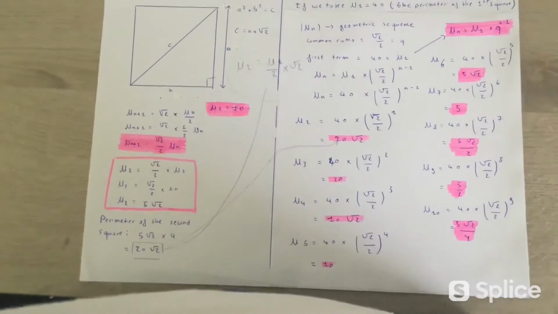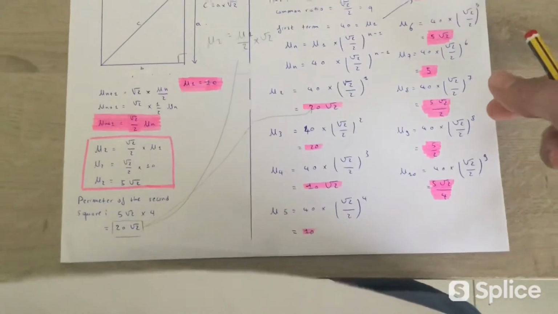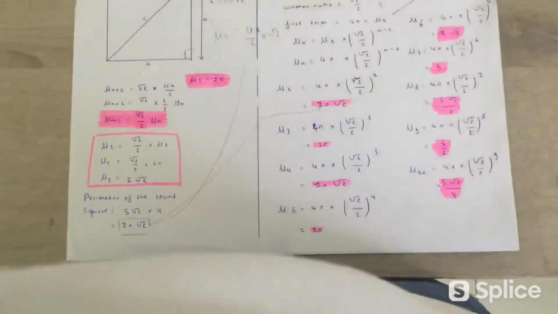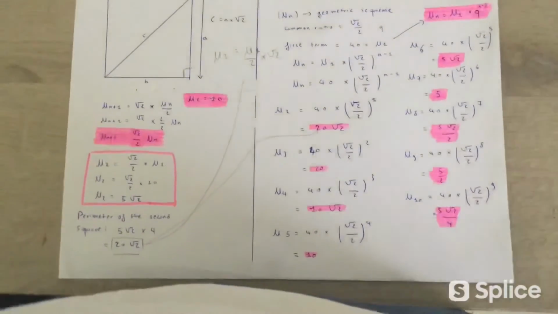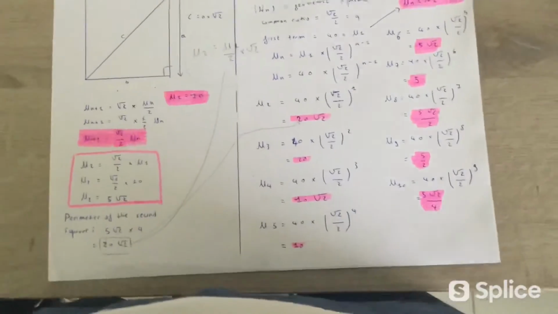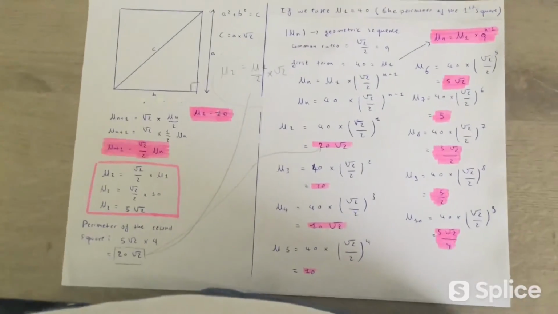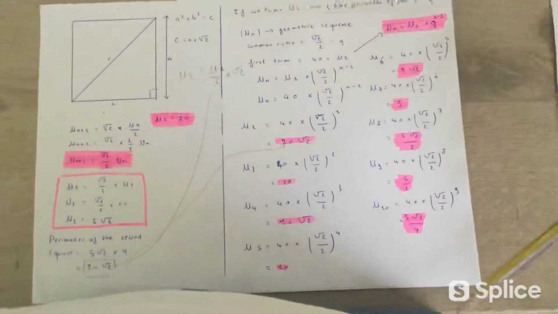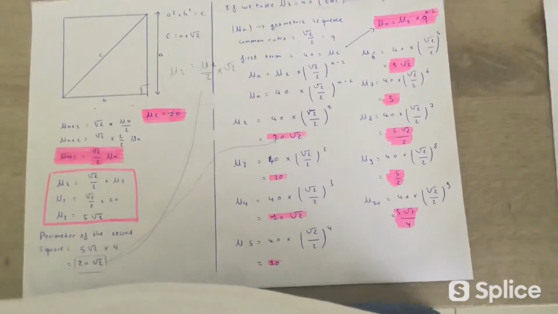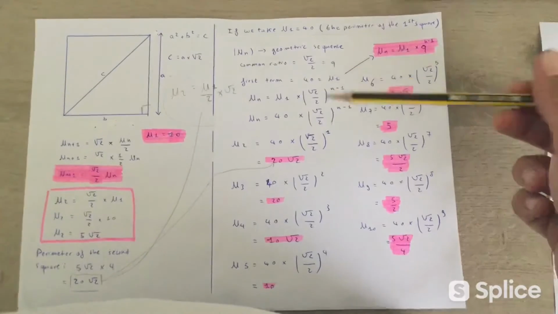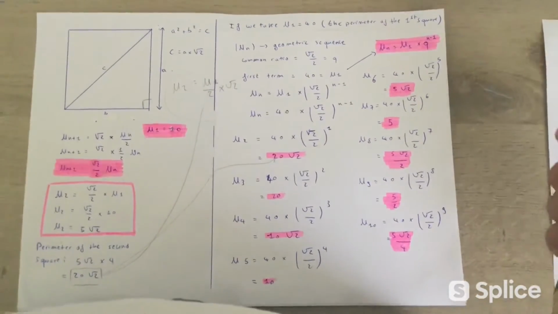So if I give U1 the value of 40 centimeters, its perimeter, instead of 10, a single side, then the equation calculates directly the perimeter of the nth square instead of its side, like here. As Un is a geometric sequence with a common ratio of q equals the square root of 2 divided by 2, and whose first term U1 equals 40,